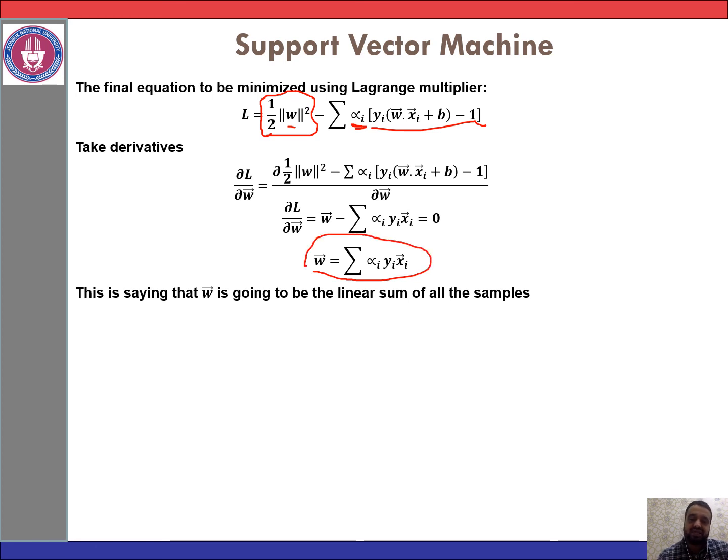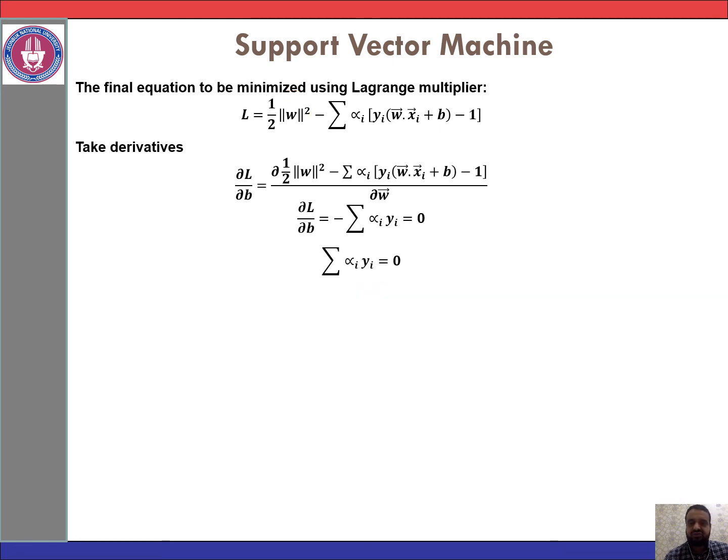Here we can see that W is basically the linear sum of all the samples inside the data set. Next, we need to find the derivative of the objective function with respect to the b. So when we take the derivative of the objective function L with respect to b and set it to 0, we get the summation of all alpha i yi becomes equal to 0. So what we will do,